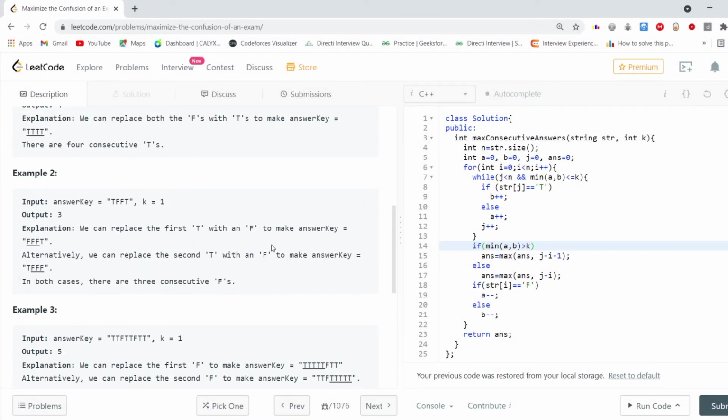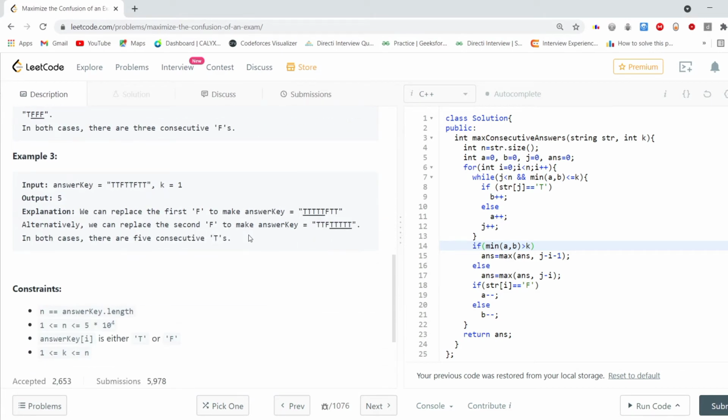I hope that I have made the problem statement very clear. Now let's see test case 3 along with the intuition of solving this problem.